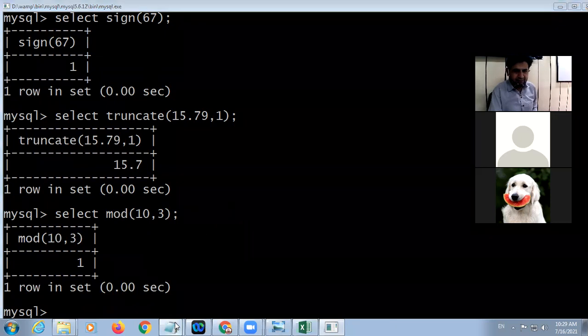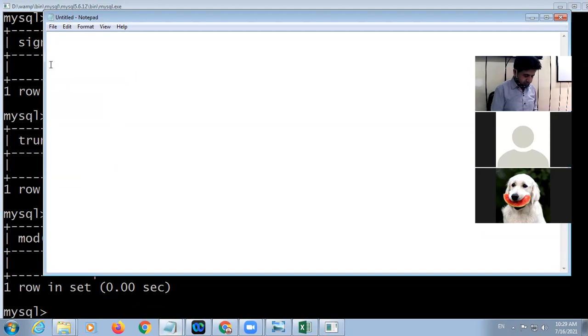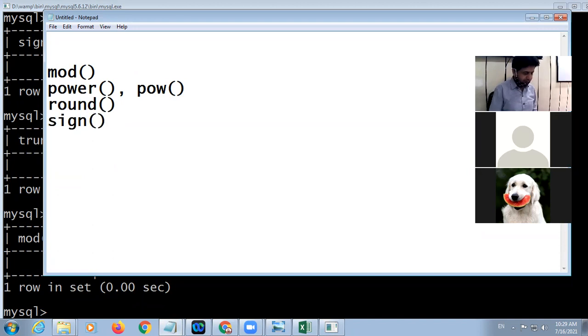Okay, so we discussed here the mod function, power or POW, then round, then sign, then square root, then truncate. All of these are numeric functions, but there are also some string functions.